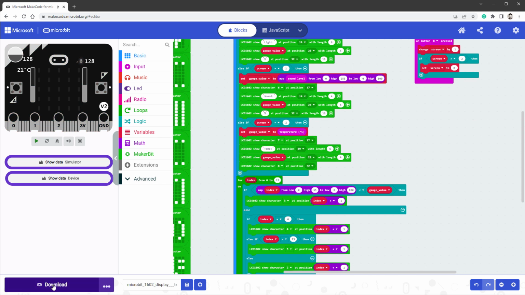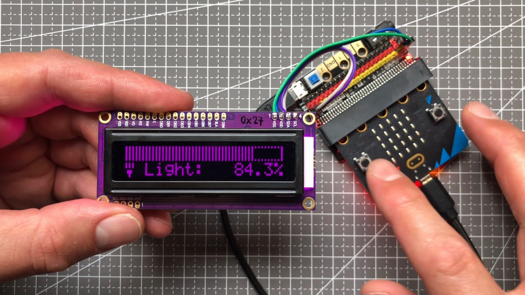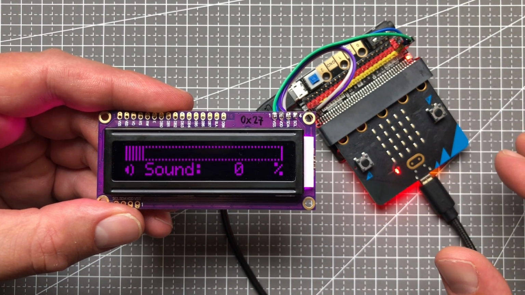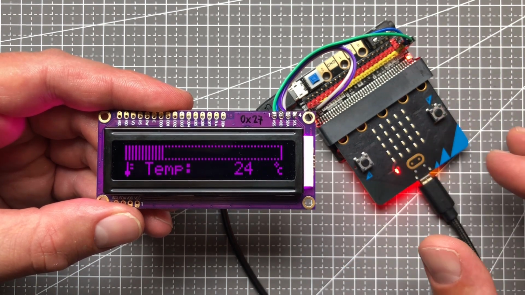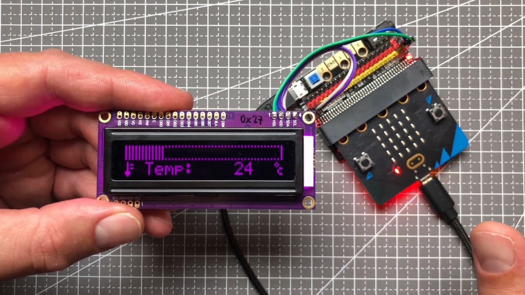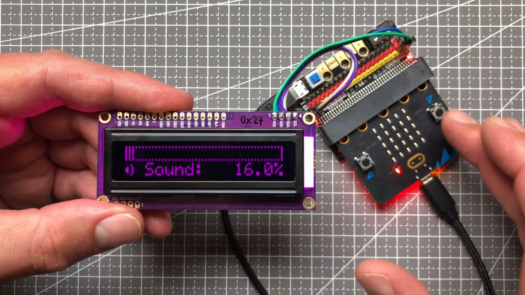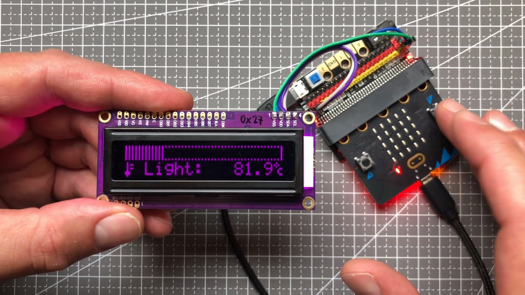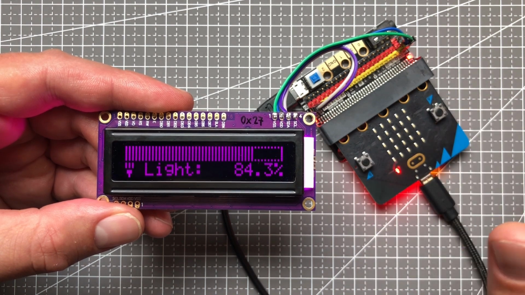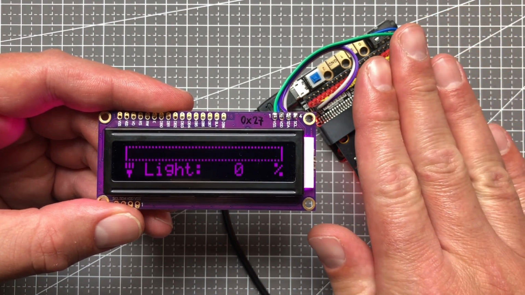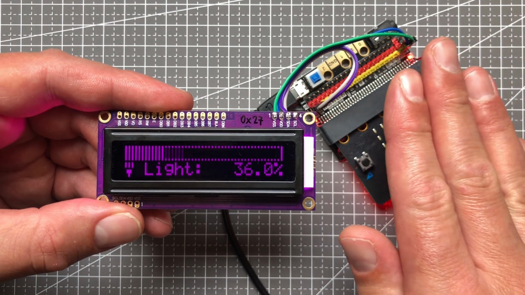Let's download it on the Microbit board and just see if everything works as expected. So by pressing the buttons A and B on the Microbit board, I can switch between individual screens for the light level, the sound level and the temperature. And of course the sound is changing as I talk, the temperature is staying pretty much the same, and the light level again is measuring from the built-in LEDs. As I cover the front page of the board with my hand, it's going down to 0 and then back